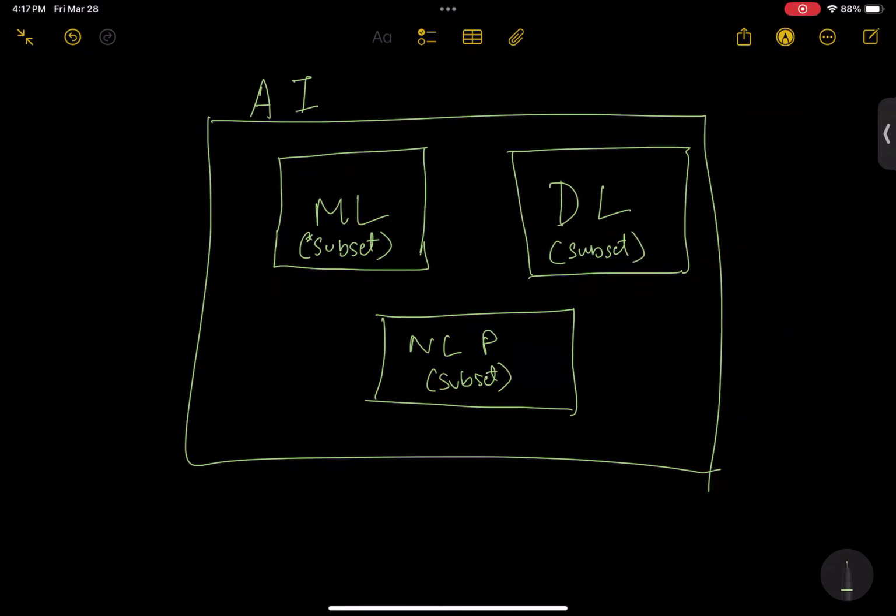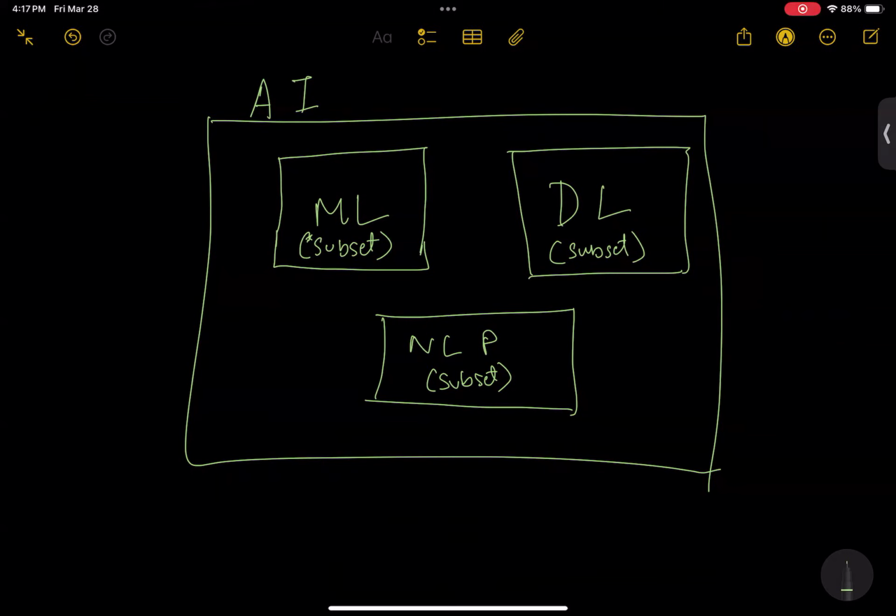It deals mainly with text data. Basically, any application of this sort which is LLM based, ChatGPT or Claude, etc., is nothing but an LLM based application which lies in this subset, which is the NLP system. So AI is the whole overarching thing which has a lot of pockets of its own. It has an ML pocket, a deep learning pocket, and an NLP pocket. These are subsets of each other. So this concept should be very clear within yourself. Do you have any question in this?